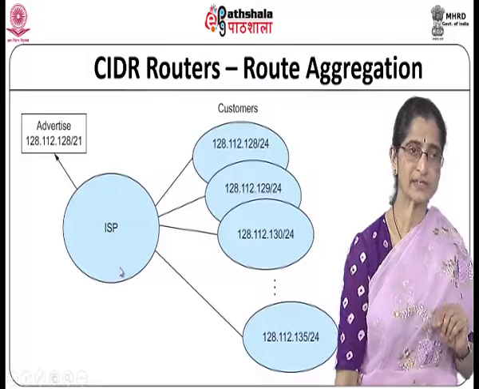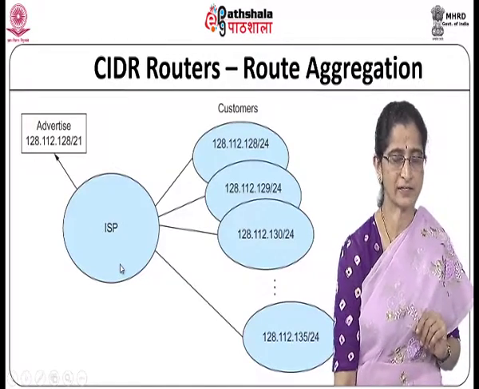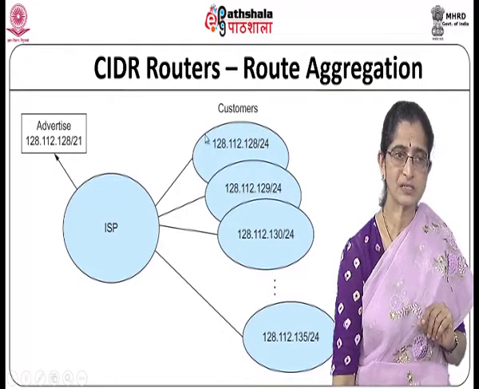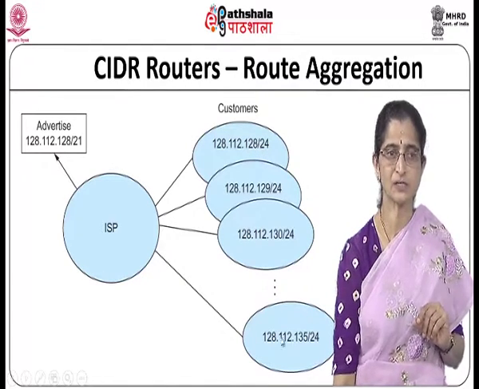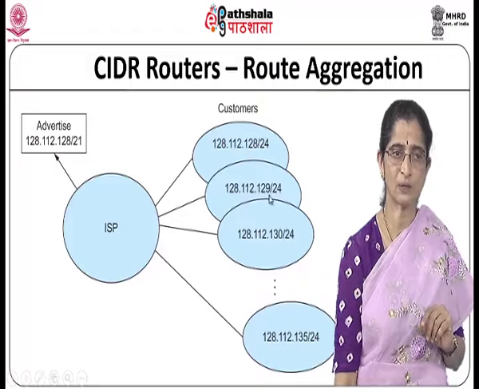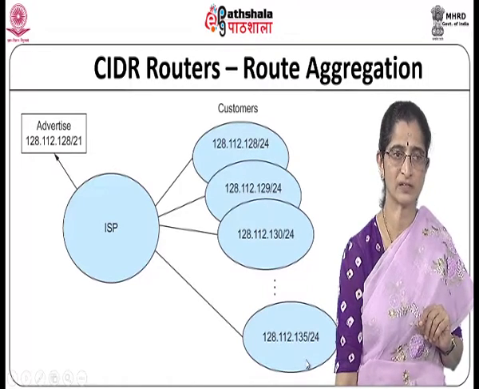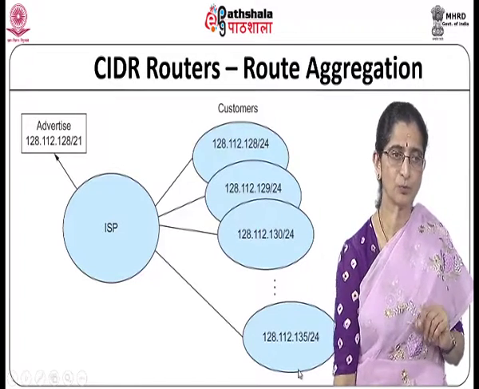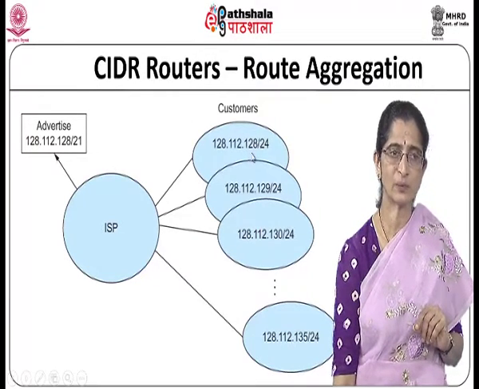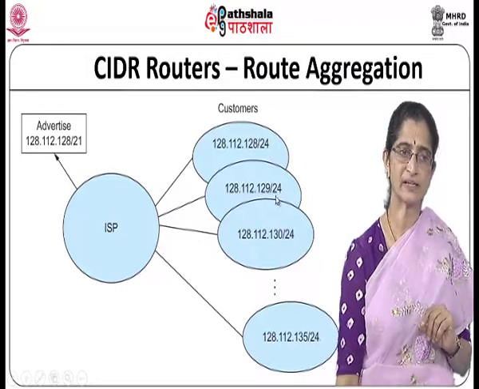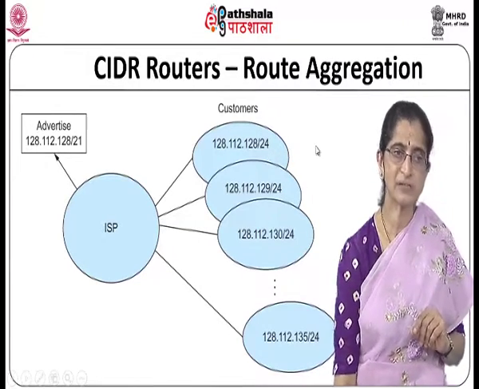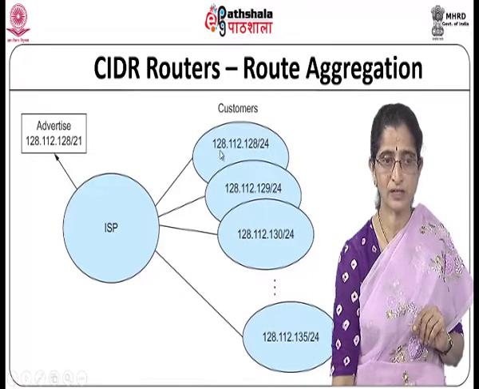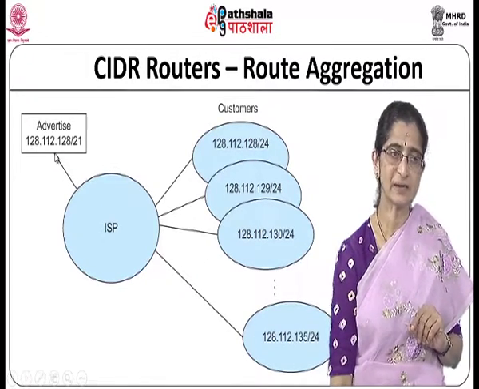Now, this is another quick example to understand how route aggregation takes place. Let's say I have different customers who have these addresses 128, 129, 130 all the way up to 135. The first 8 bits are common. Now all of these can actually be grouped together. Look at this, they have 128/24, this is again 129/24, which means only the last 8 bits are used as the node part of the address. So I can aggregate all these together because they are all contiguous addresses and treat them as a single entry,